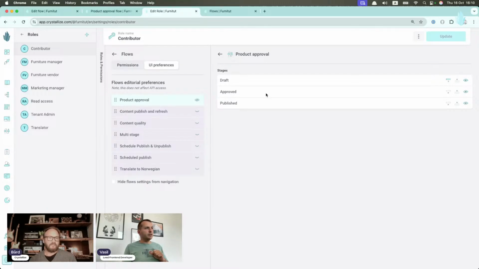And the same repeats for the other stages. So the only thing that the user can do here is really move items into the draft stage, and from there, other processes take place before it really gets to the last stage. And a comment there is, if you would like the contributor to be able to remove things from draft, for